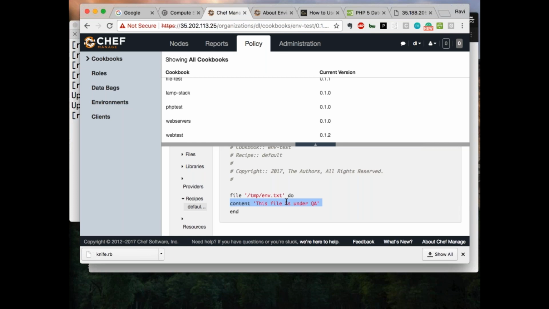Now when we are going to QA, what we are changing is the metadata. Just the metadata, yes, 1.1 we are changing it. And default.rb also we have to change? No, because it has content from the files and the dev. It will pick it up. That's what I'm trying to say. So metadata, and instead of dev.rb, we have to do QA.rb. Because version 1.0.1 has separate content, similarly version 0.0.1 has some other version of code. So we need to create QA.rb. Once you create that QA.rb, it will go and update the new content.